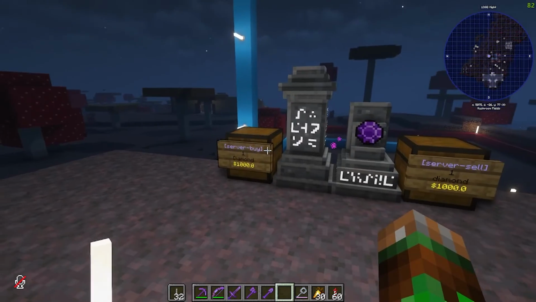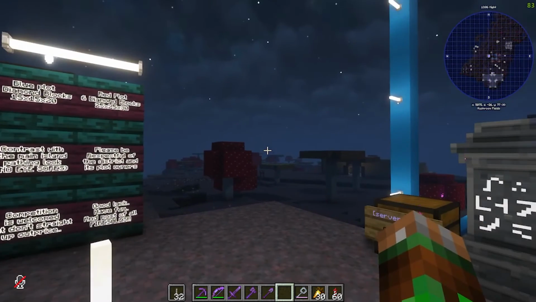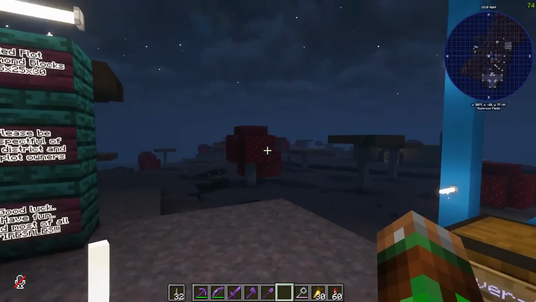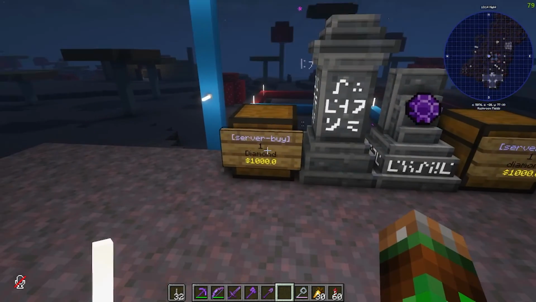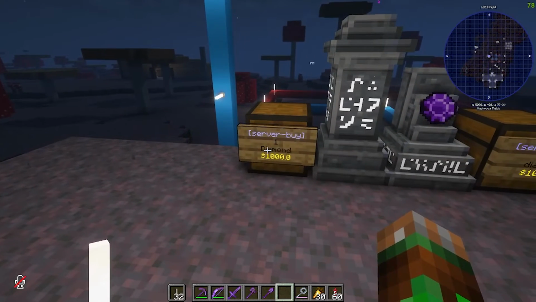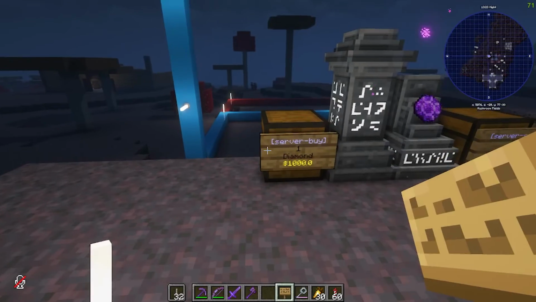Frosty will be working on a new server shop over by the shrine itself, and once they have been moved from here, they will be placed over there. But feel free to come and exchange your current diamonds for cash if you wish, and I will just quickly show you how exactly you go about making your own